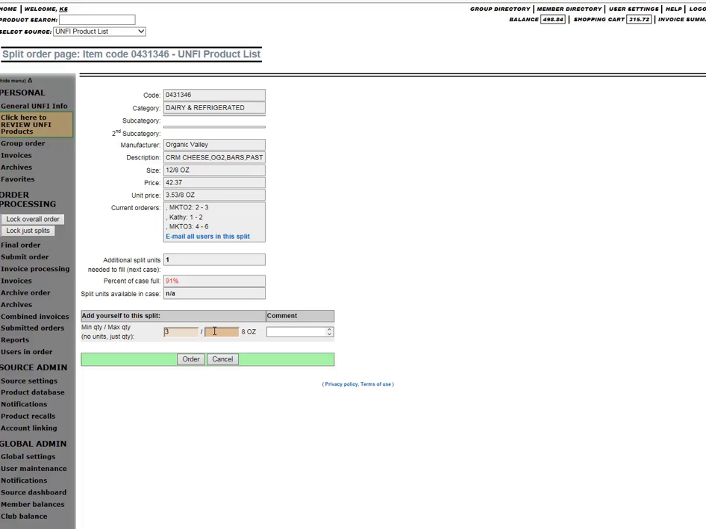I encourage you to put in the lowest number that you can get by with, or the lowest number you want, and then put in the maximum amount that you would take, even if you have to put it in the freezer. I want 3 to 6 of those. If you want to put in a comment, you're certainly welcome to do that. I'll explain that perhaps a little bit later. So when you put in your minimum quantity of 3 and your maximum amount of 6, now I'm going to click on order,